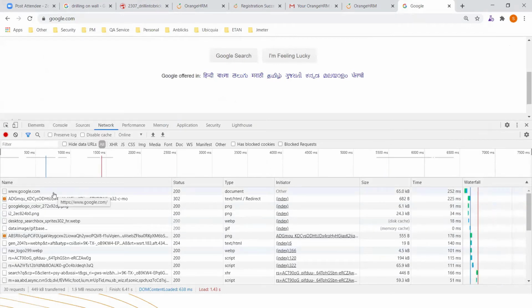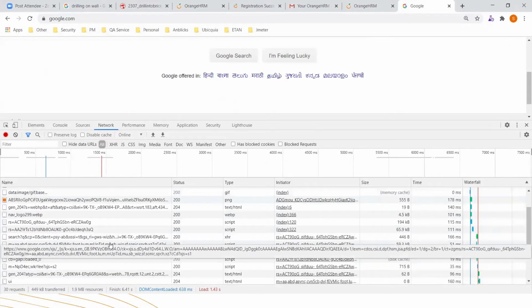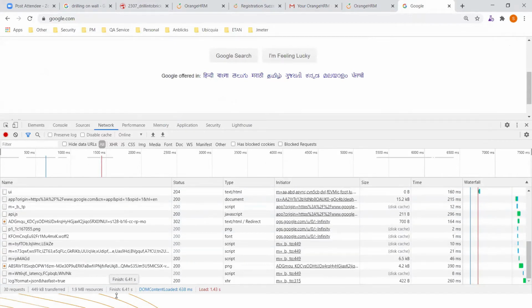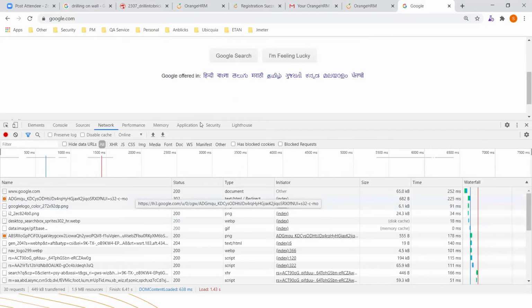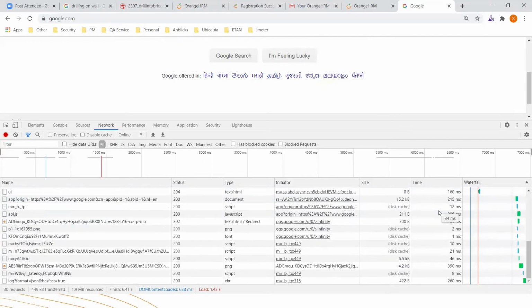So when you open google.com, you can see there are many things which the server is sending. So this is the google.com request. Very first response I got from this. After that, I got some kind of JPG or PNG images, all the CSS, JavaScript, and all this. These are all the supported files. Now, when I go with this setup, JMeter will only wait till this google.com request gets the response. That 200 is the response code. So it's only 252 milliseconds. But overall, if you see, the system has taken this many seconds.